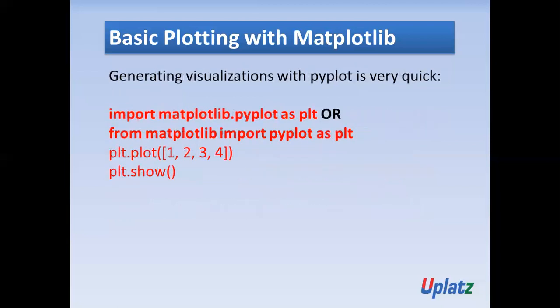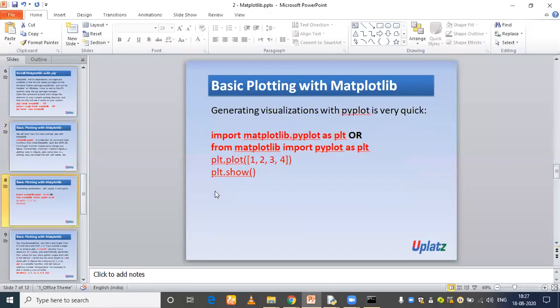So we are importing from matplotlib, we are importing pyplot as plt. And then just write the plt.plot function, with opening and closing brackets, and inside that you are passing one list. Can you see this one? 1 2 3 4. So what is this? Here you are just creating a line chart, a line graph. Then plt.show, finally, in order to show the plot. Now let me show you this example.